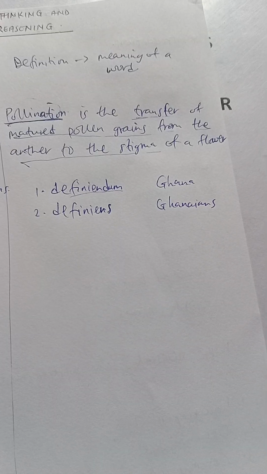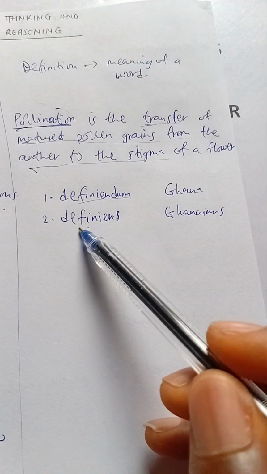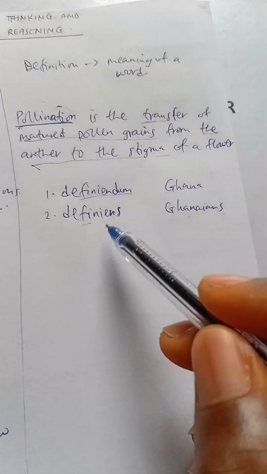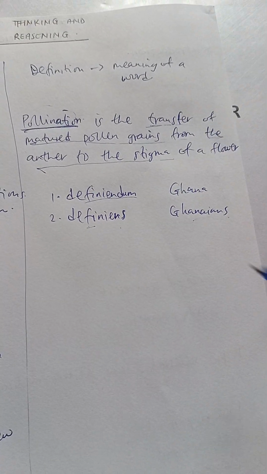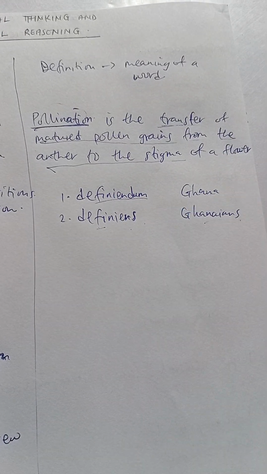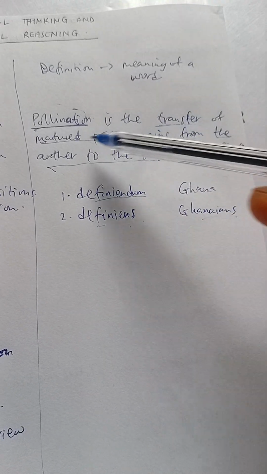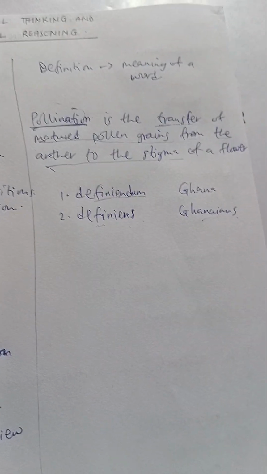And look at how many we are. So the rest of the sentence, that would be what? The definiens. So as you can see, Ghanaians, definiens. So use the analogy to differentiate between definiendum and definiens. We said that definiendum is the word being defined, and the definiens is the rest of the parts of the sentence that explains the word.